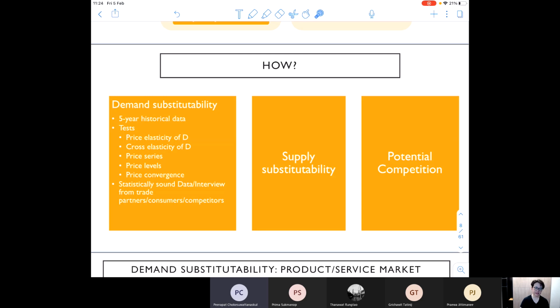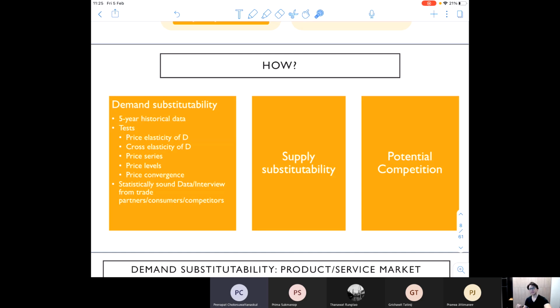So this is something that's quite ideal to use. But you can use something of lower quality as well, like a price series, price level. You can plot the price and see that, okay, price seems to be quite similar, but that proves nothing, right? Because it could be just because the cost increased, because the price of the input has increased, and because they use the same input, that is why the price has changed as well,